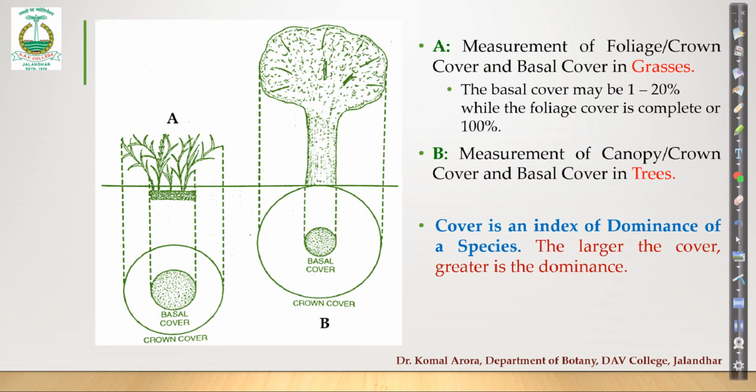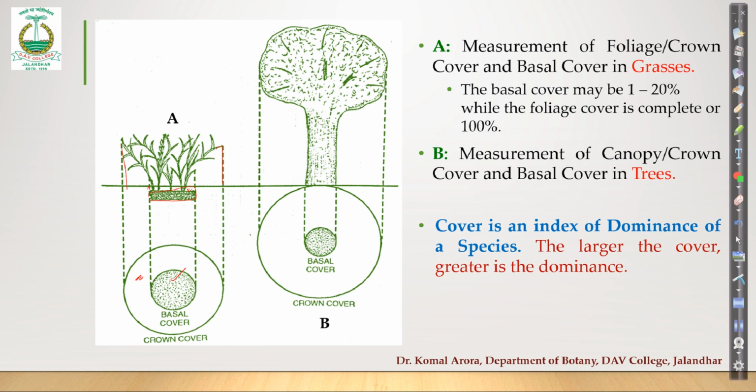So this is the diagram for that. If we have herbaceous plants, let's suppose this is a bunch of herbaceous plants growing at a place. Let's suppose it's a grass. You all know a number of tillers arise from the horizontally growing stem. So when you project the extreme limits, that will give you the ground cover, whereas when you only see the base from where the last tiller emerges, that will give you the basal cover.